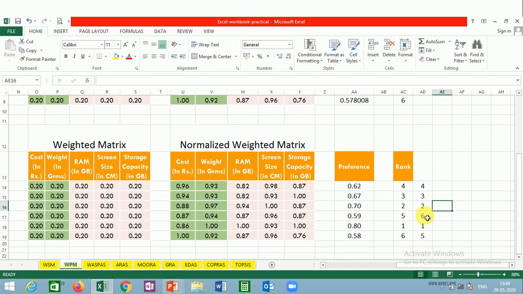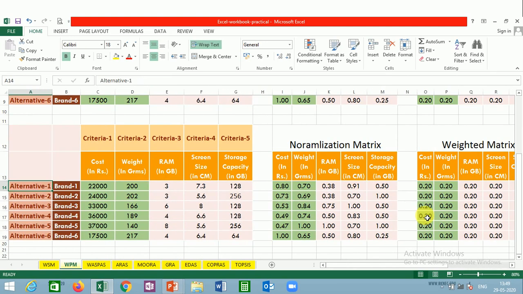So if you will study the literature, you will come to know that for a specific set of problems, which particular method could be applied. So since we have taken a very normal problem, we are using the same problem for every method. Whenever you will be writing your paper, whenever you will be doing your research, you will come to know that for this particular area, these are the only methods which are available. There are plenty of papers which are available, and you could refer to those papers while selecting the MCDM technique.